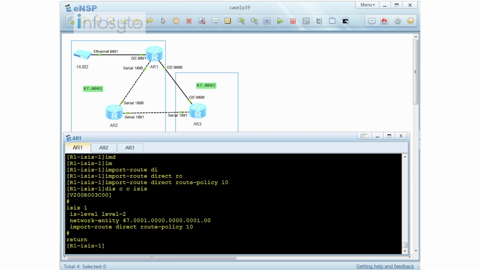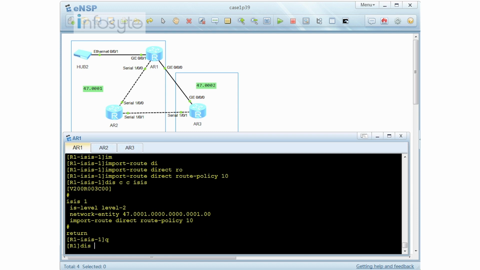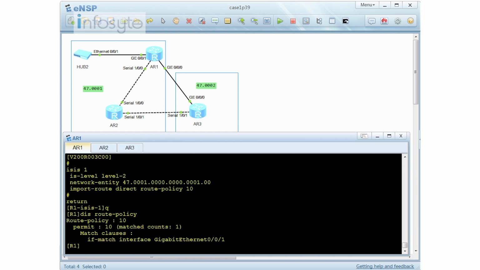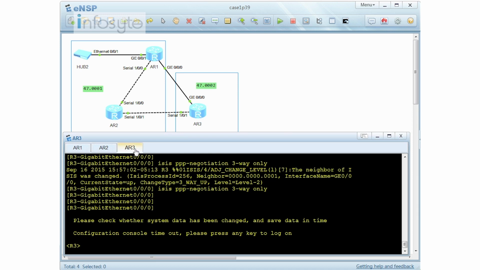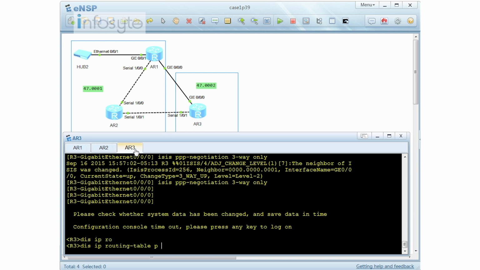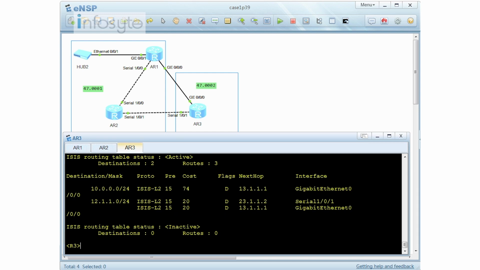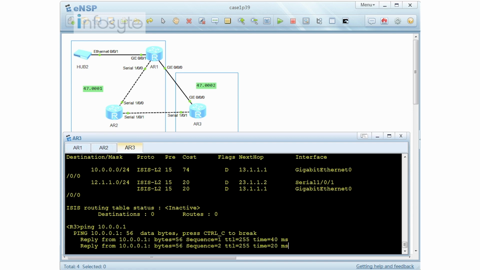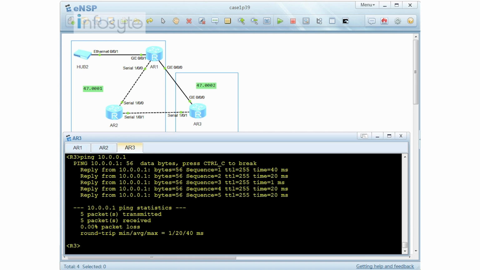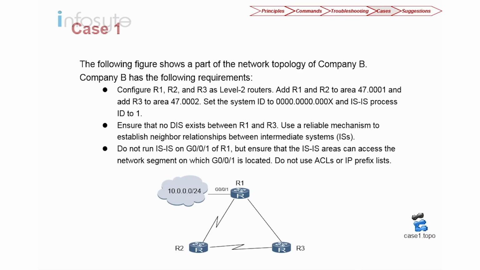Okay, so that is the policy, and let me check my policy. Display route policy. So you can see it's matched. And if I go to router 3 and see whether I can see the route, display IP routing table protocol ISIS. Okay, so I do have the route here, and let me do a 10.0.0.1 ping. There you go. So I have just fulfilled all the requirements on